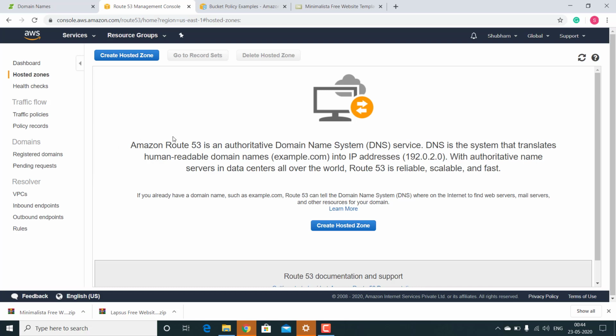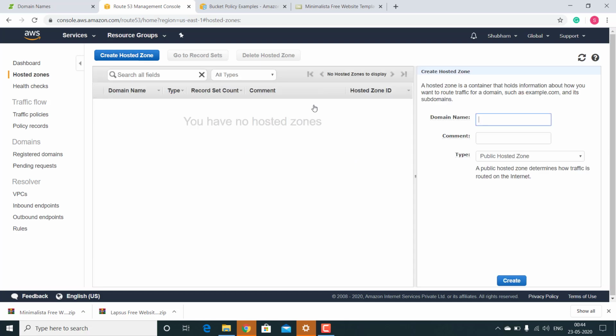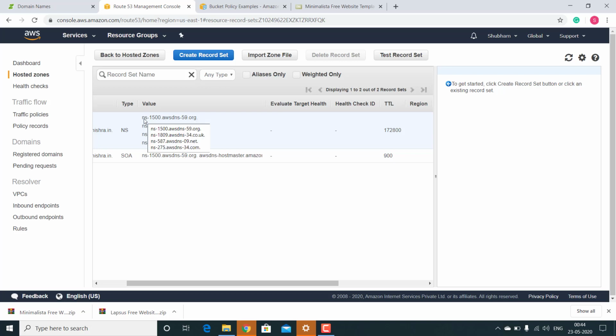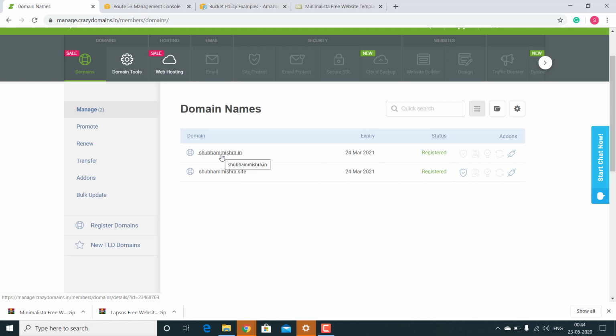Now we use Route 53 because we have to link our domain name with our S3 bucket. So for that we have to create a zone. So click here, put your domain name here. After that, click on create. Now here you can see the 4 name servers. Now you have to update these 4 name servers in your domain name provider website. So click on your domain link.